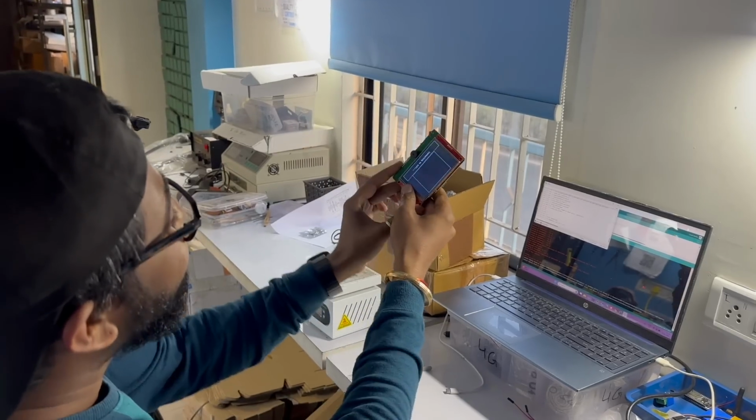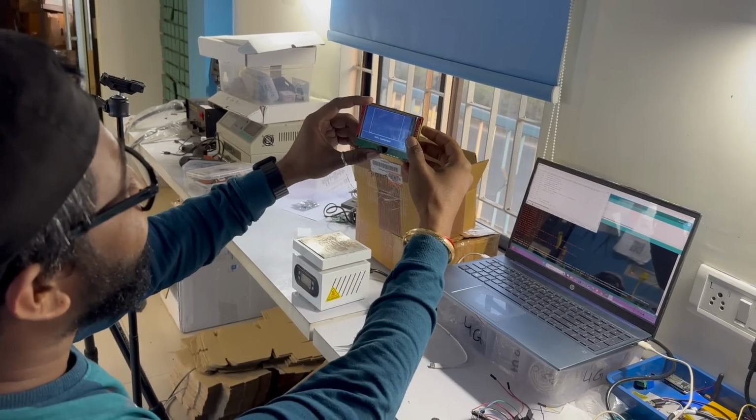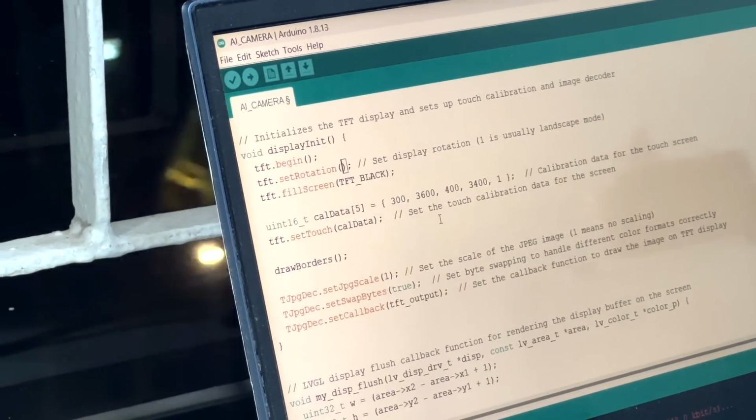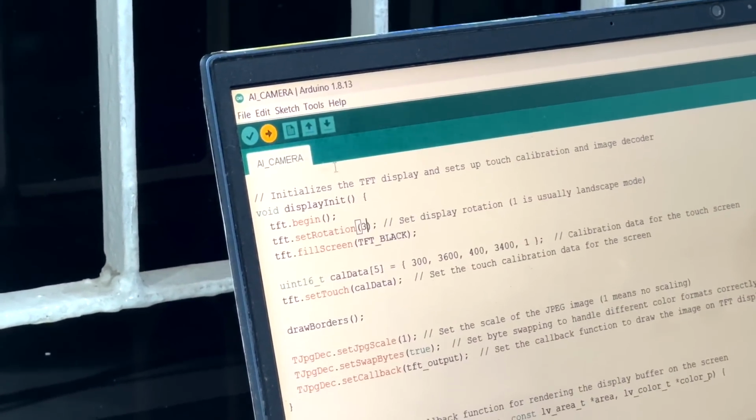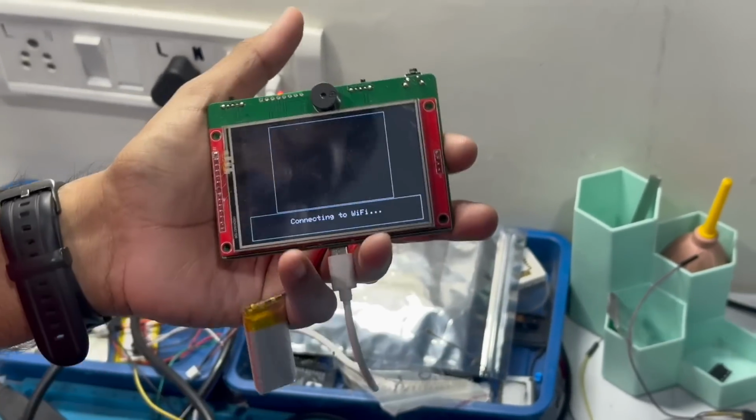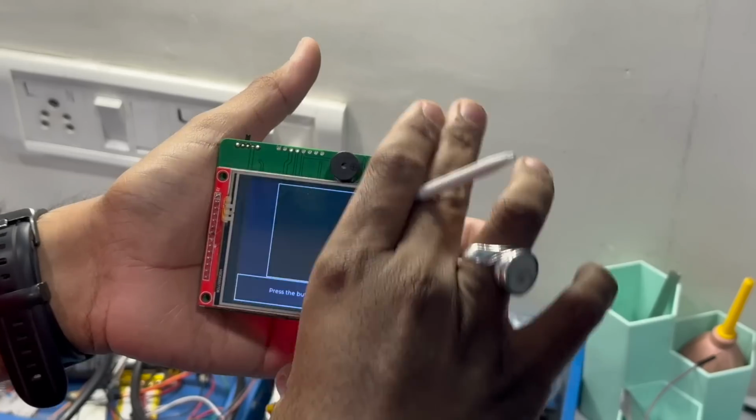Well, it kind of worked, but the display was upside down. So this seems to be a very small issue, which by the way it is, but a big problem was waiting on the other side. But anyways, we changed the orientation of the display in the code and uploaded that modified code into the ESP32-CAM board, and later when we powered it up, the orientation was perfect, and we also started getting the live camera